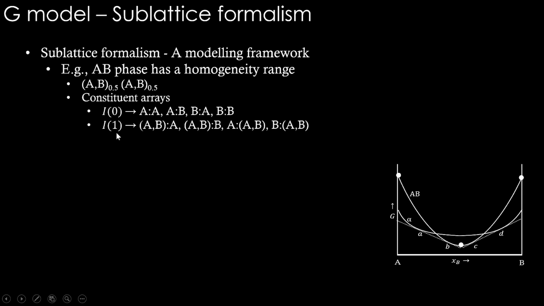And second, or I1, meaning the constituent array, the second constituent array will have mixing in each sublattice. You see, the first sublattice has A comma B colon A. So we are allowing mixing in the first sublattice. It means that the site fraction of A and B can keep changing, so that we will achieve different compositions. If you see, A in the second sublattice is fixed, that is about 50%, right? So we will keep A here and keep changing A and B in the first 50%.